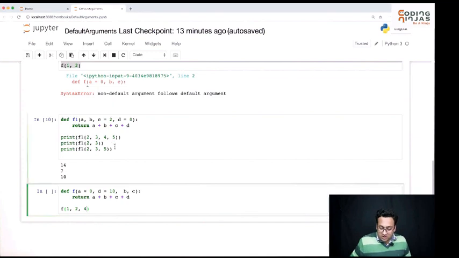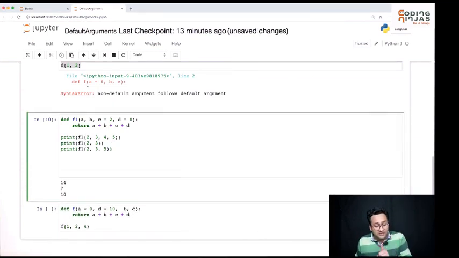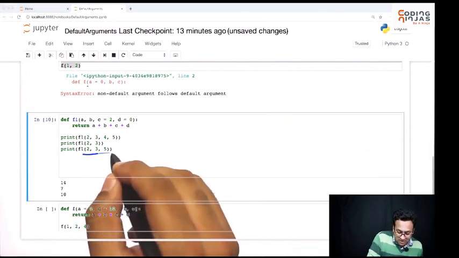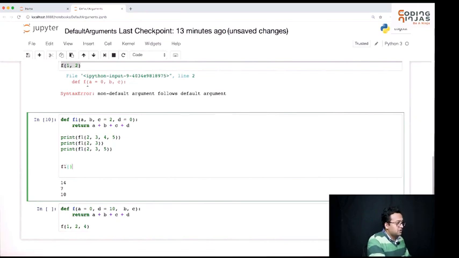But just one thing, is there any way that I can pass A, B, and D? As I said, here they were A, B, and C, and D took the default value. Is there any way I can pass A, B, and D? You can. So you can call F1, and the way in case of print we were saying end is equals to something, if you want, you can say 2, 3.